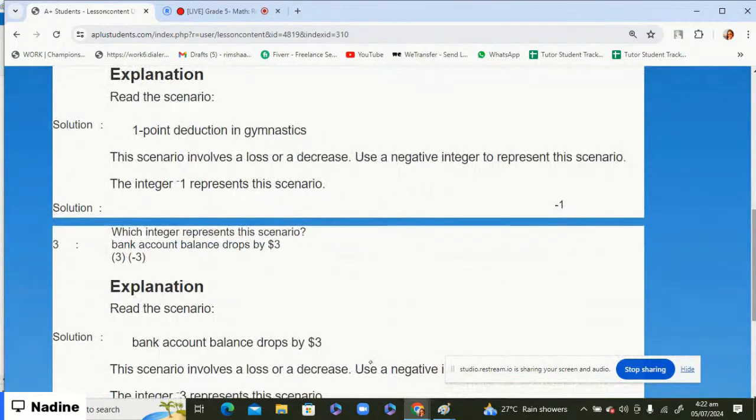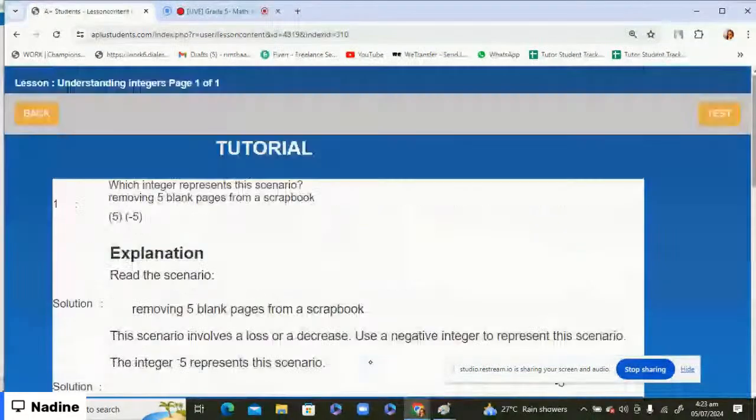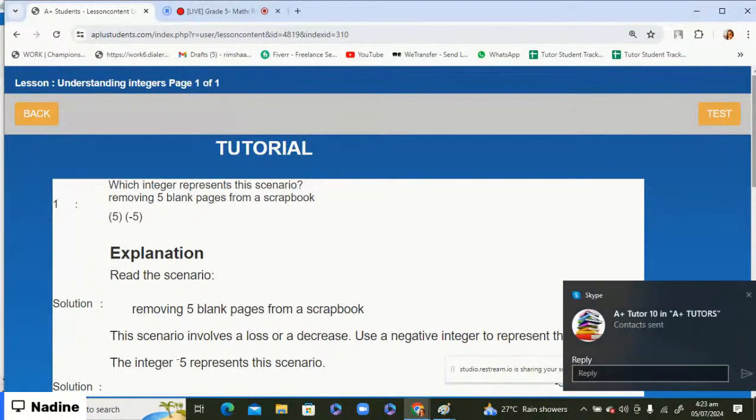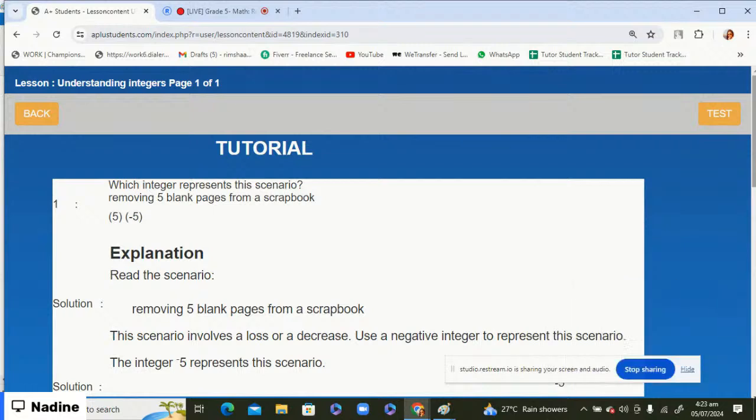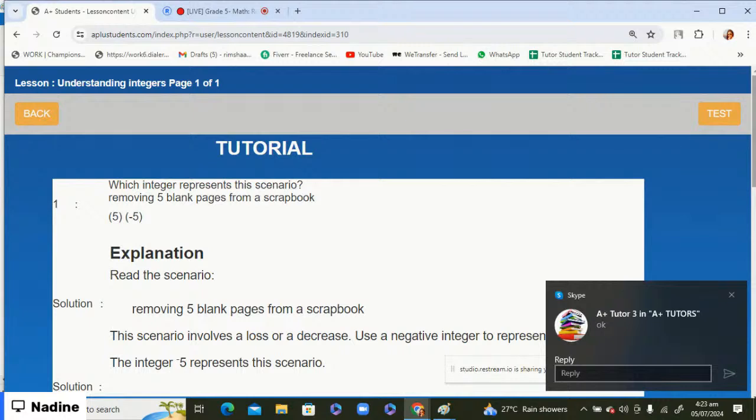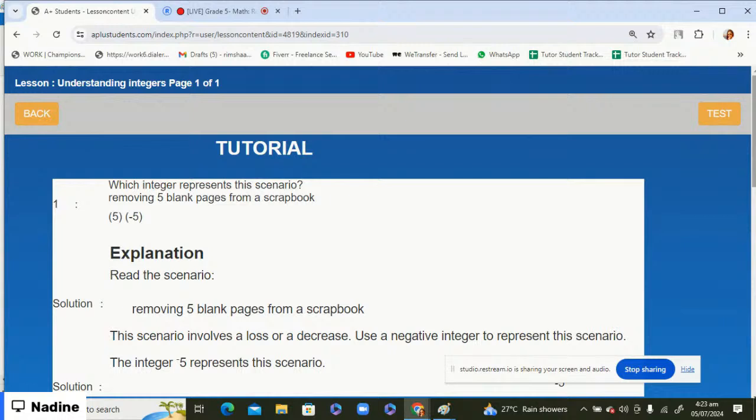Bank account balance drop, it means something less, something dropping, so we can say that it's again negative 3. Got it? Where do we put the positive integers and where do we put the negative integers? The positive integers are like something is increasing. If numbers are increasing, points are increasing, your bank balance is increasing, anything that is in the form of increasing, you are going to put the positive sign with it. But if something is like a deduction, something decreasing, something low, something less, all these things are basically negative integers. Okay,